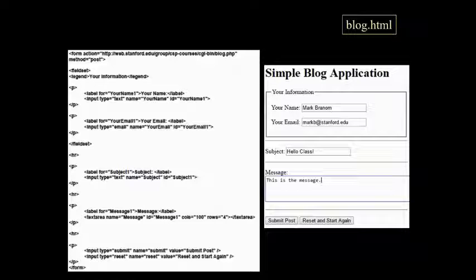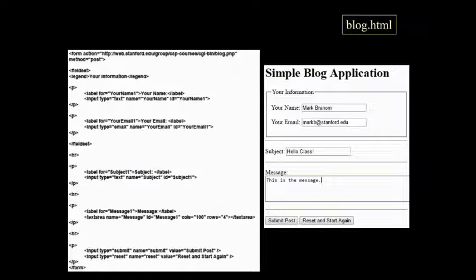There is a new tag pair that we've introduced called fieldset. What fieldset does is create a kind of box around the various different form fields that are inside of the fieldset. This is for both accessibility and usability purposes. It makes it easier for the person filling out the form to understand what the various different chunks of information